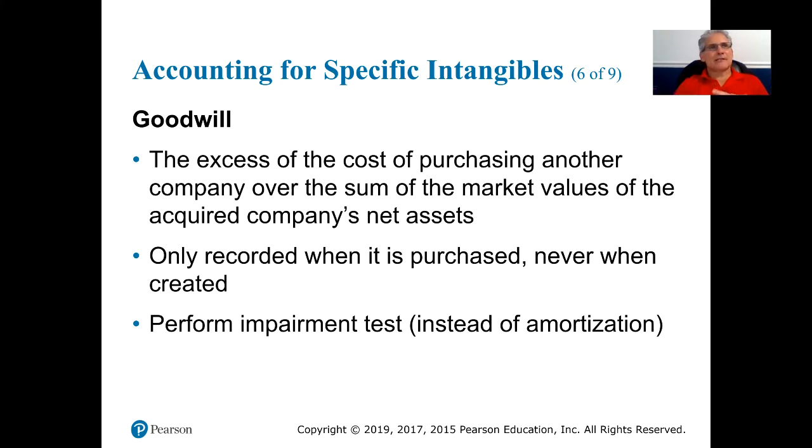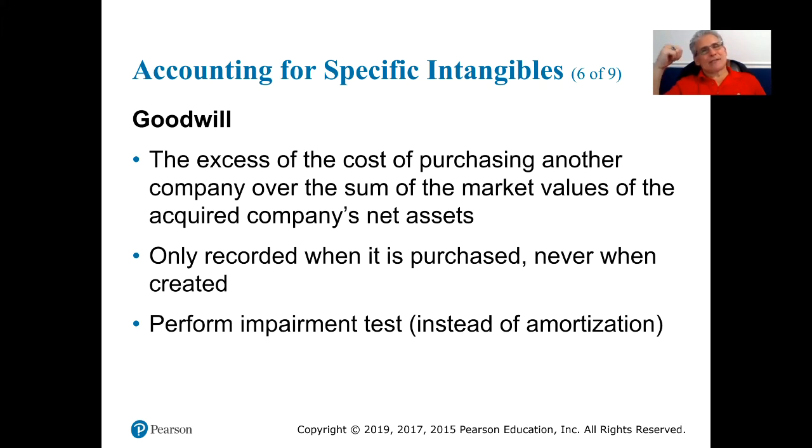Now that owner decides he or she wants to sell it. So now the buyer goes in and says, you know what, that location has a ton of potential. Why? Because it's right across the street from the Tulare COS Center, and if you project out into the future, you may think that has a lot of potential because that Tulare Center is going to grow. That may or may not happen, but you may make that assumption if you're looking at a business investment. So even though the fair market value of those assets on that corner are only $300,000,